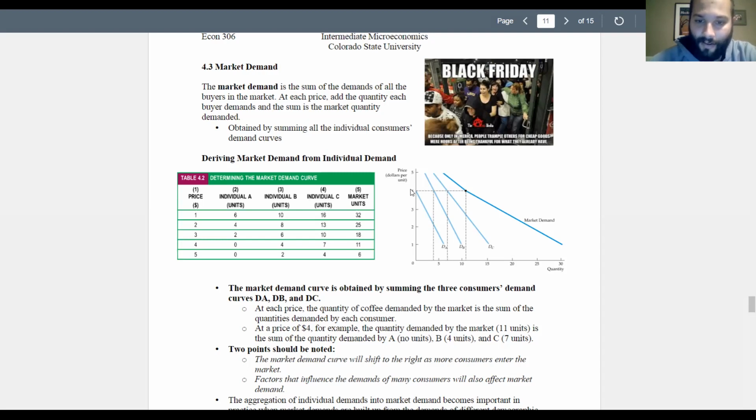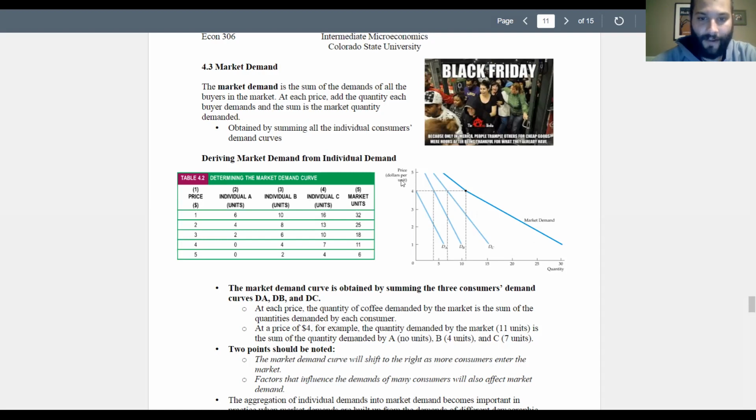Well, that price is the y-intercept. And in order to see what that y-intercept price is, we need P as a function of Q. So basically, once we have all of the demands in Q equals form summed up, we know what this section of market demand is, but we need to find this price. How can we find this price? Well, that's the y-intercept in P equals form. So again, you're using both forms here. You're using the Q equals form to actually sum up and find the equation for market demand. And you're using the P equals form,